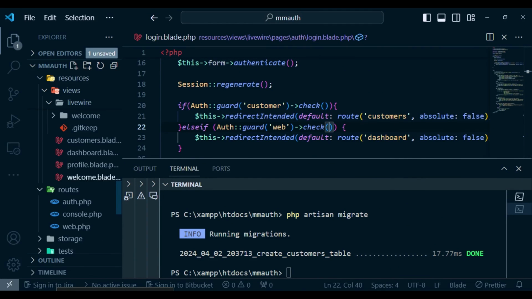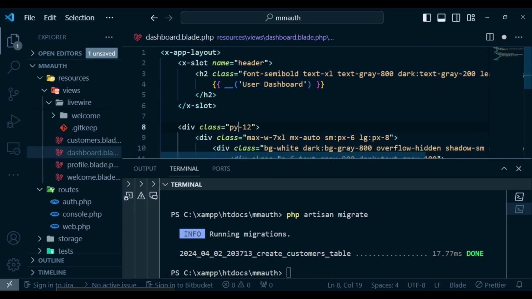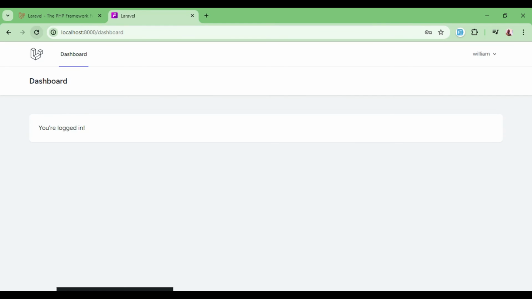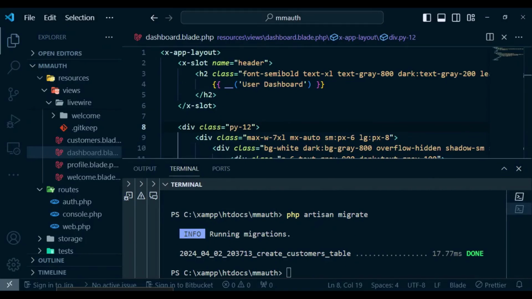So you go to the dashboard.blade and save what we have there, because it's supposed to call it user dashboard. Yes, user dashboard like that. I will log this user out. I want us to create another user using